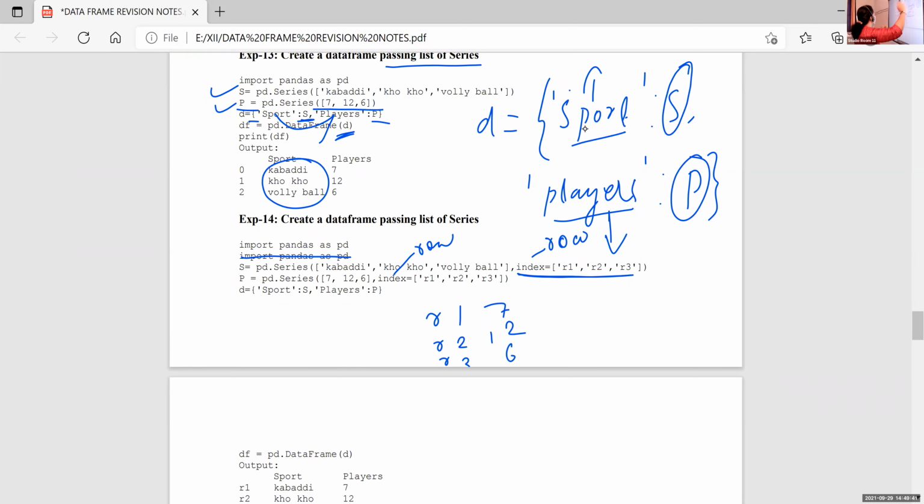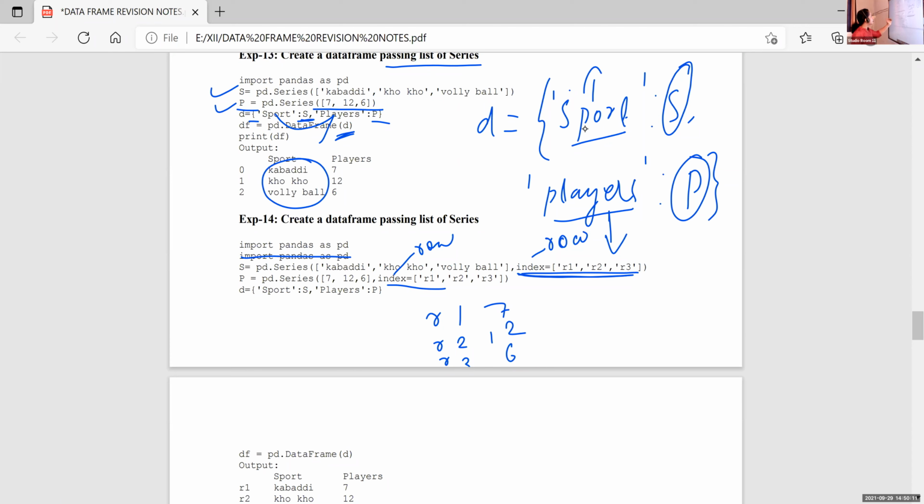In the case of a list of series, first we create a series with some index values, and second a series P with another set of values. The index values are the same because the row names are the same. So we are giving the same index values. Index is equal to R1, R2, R3 in the case of S, and in the case of P also the index value is R1, R2, R3, because we are using the same row names for S and P.